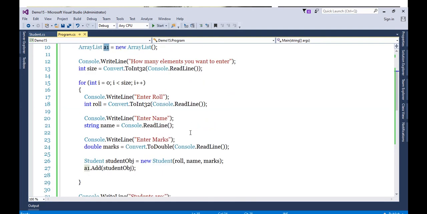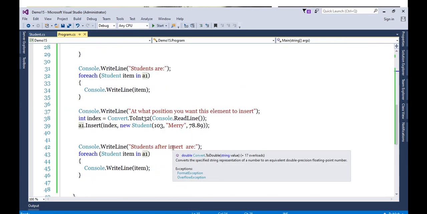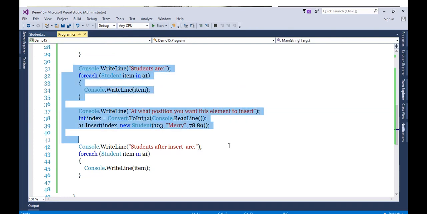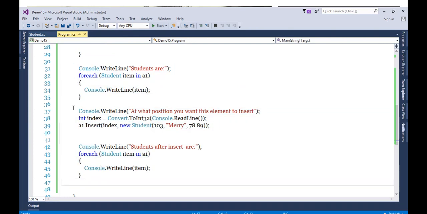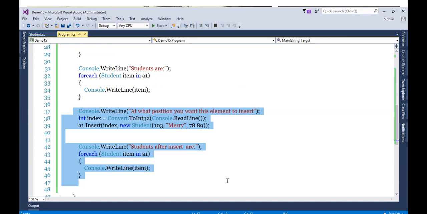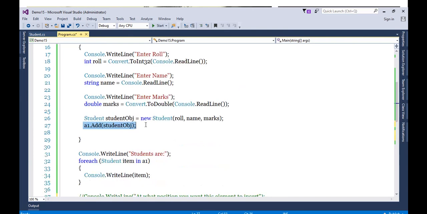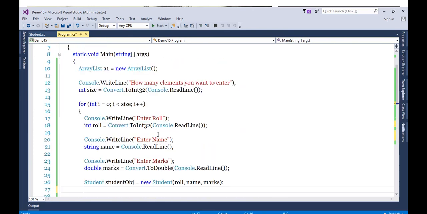I got a collection of array and I want to insert this array in the array list, then I will use AddRange. So what we'll do now, let's make a comment for this. What I want to do is insert this in a student array first. So what I will do, one student array.